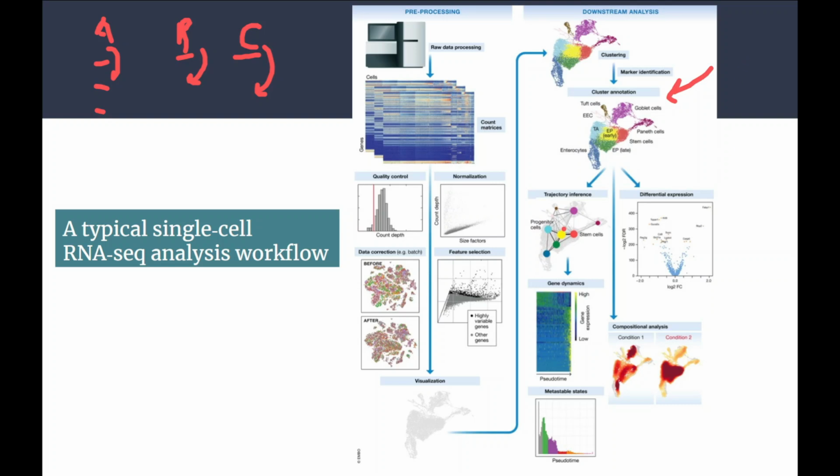In the same way, we can do trajectory inference, whose role I was explaining. If you want to see the expression profile changing between different cell types, like in development studies, how a cell is migrating from one cell state to another, we can do that using trajectory analysis. We can also check gene dynamics. We can do composition analysis, pathway analysis, network analysis, a lot of things people do depending upon the questions they are trying to solve using their experiments. But this is the basic structure of the single cell analysis workflow.